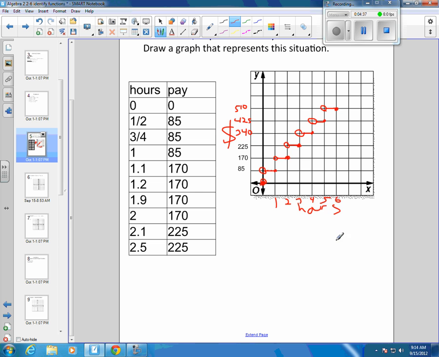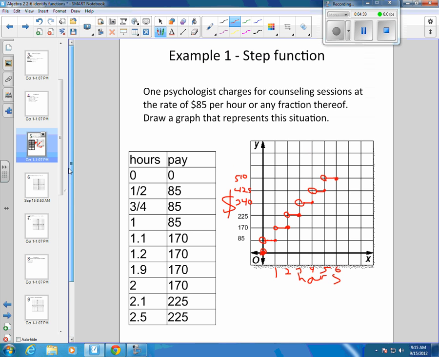Okay, so that's what the data would look like when it's graphed. And we call this a step function because it looks like I built a set of steps. And it is a function because if I draw a vertical line,